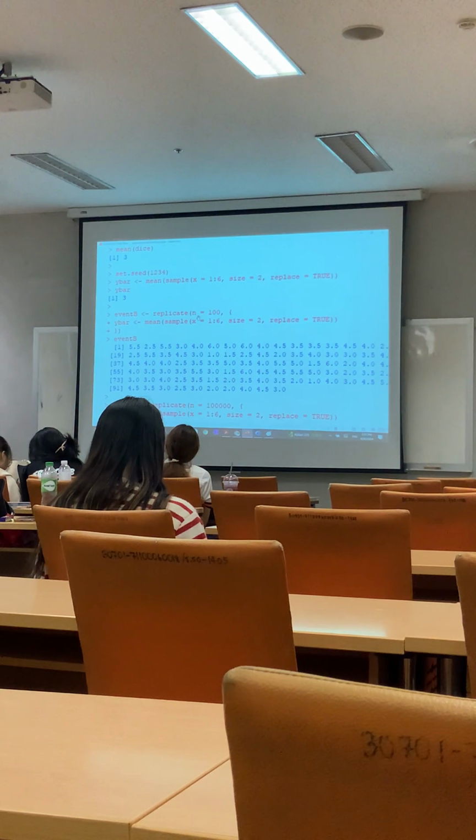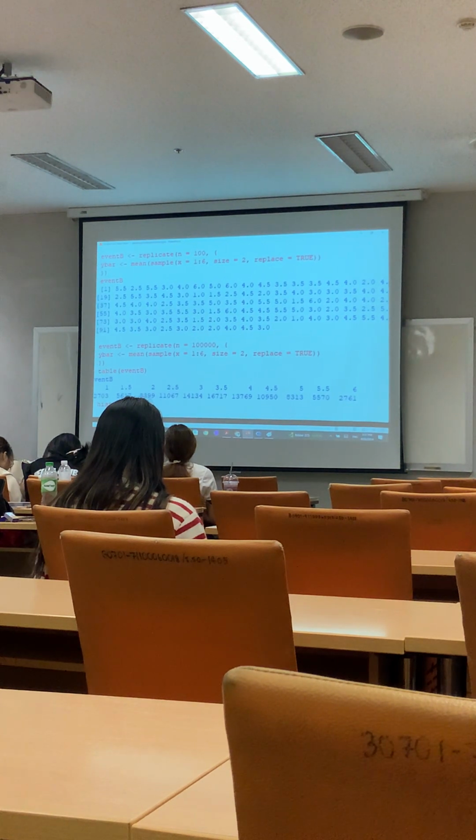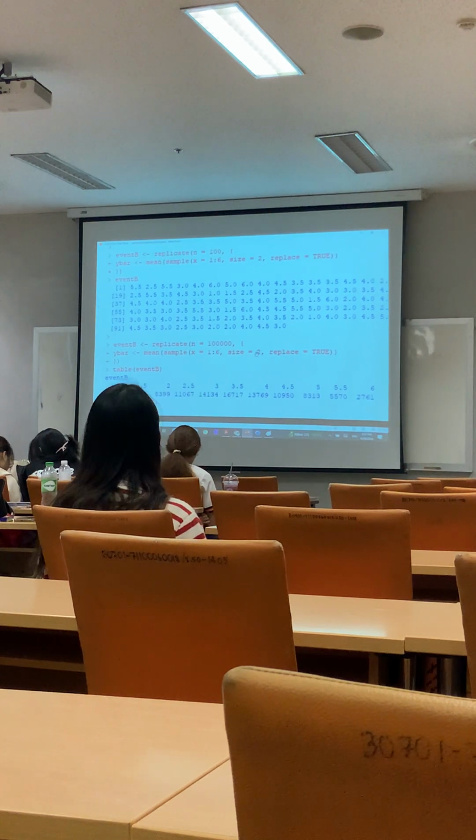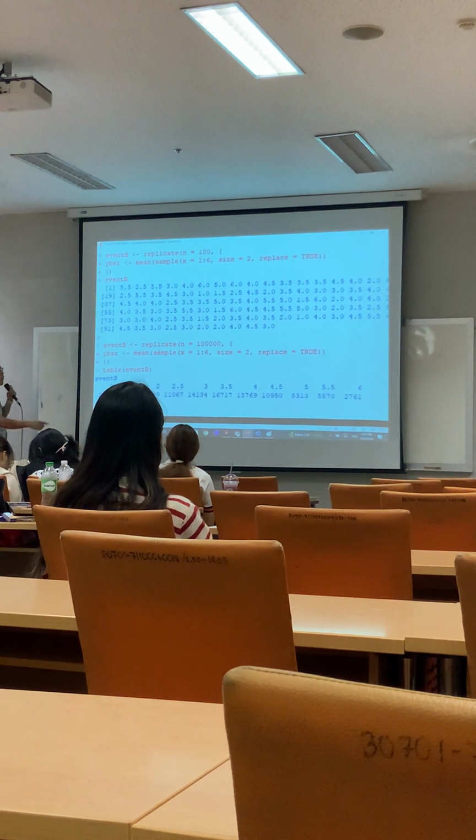Now I use the same code again, but I do 100,000 times. When you throw 2 dice, the outcome can have 1, 2, 3, 4, 5, 6, 7, 8, 9, 10, 11. There are only 11 outcomes that are possible: either 1, 1.5, 2, 2.5, 3, 3.5, up to 6. But you can see that I use the function table, right? From 100,000 times, I found a sample mean of 1 only